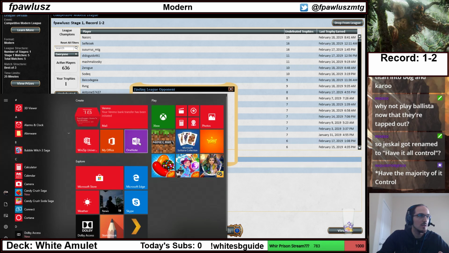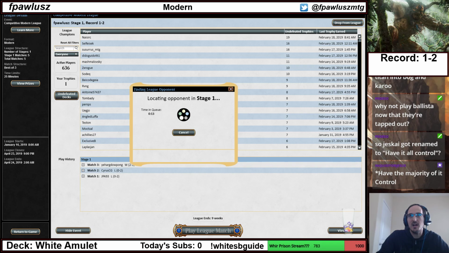Actually, I'm going to update my high quality spreadsheet. So we are 9 and 4. We lost to Sue. And we lost to Dredge. And we beat